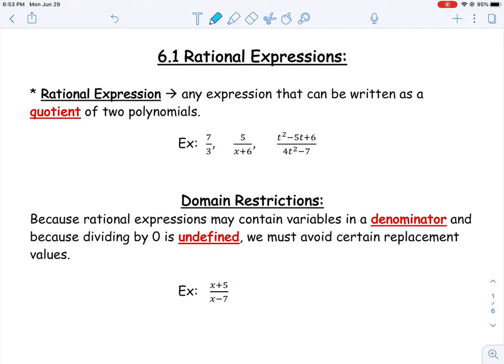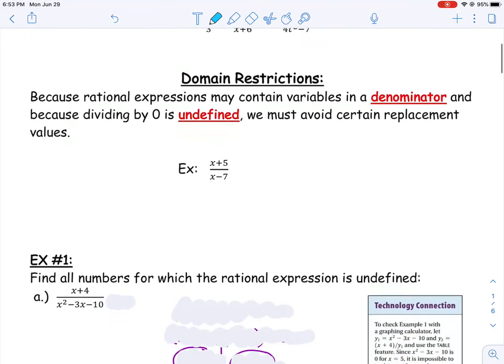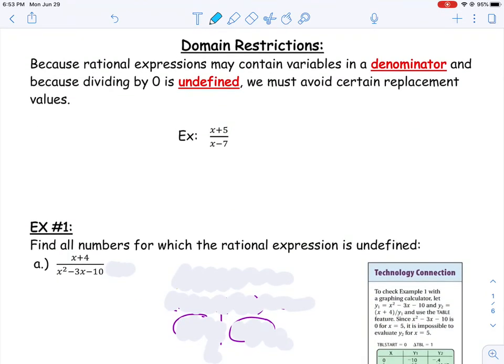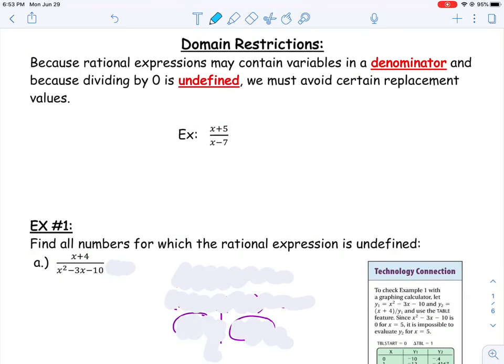Now, before we get into adding, subtracting, multiplying, even dividing these rational expressions, we've got to consider what we call domain restrictions. Because we have a fraction now and we have a denominator, hopefully we know by now that in math we're not allowed to divide by 0. It's undefined. So we have to be careful to avoid certain values. For example, if I had this rational expression, x plus 5 over x minus 7, x can be lots of things in this expression. However, it can't be anything that's going to cause this denominator to equal 0,